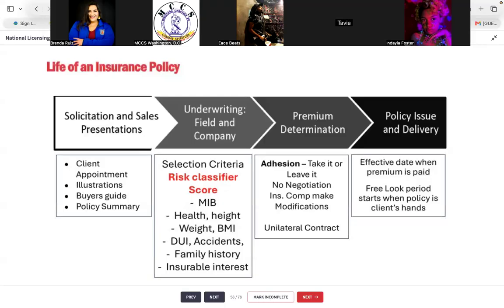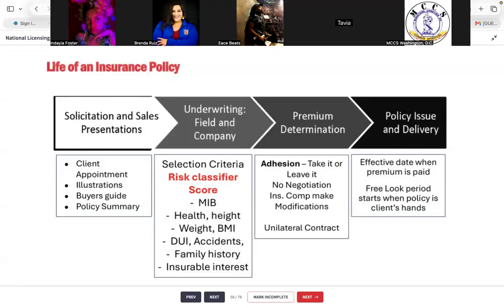Unpopular opinion here, not even opinion, but this is always kind of shocking to people when I say it. It is the insurance company's job to judge you, right? As a client. It is literally their job to judge you and to discriminate. I know it sounds crazy, trust me, but hear me out, okay? If insurance companies do not discriminate and they just take everyone on as a client, they're taking on a lot of risk, right? And the more risk they take on, the more expensive it gets for the insurance company to do business.